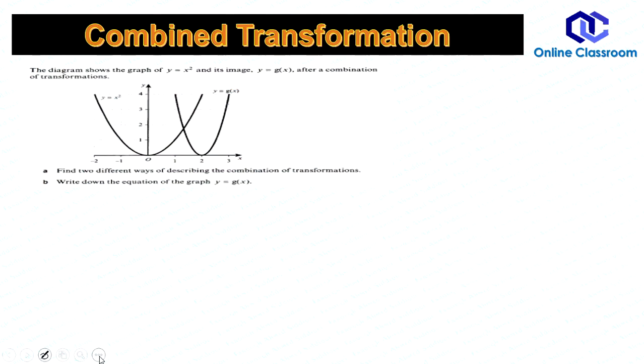Next part. A question from the past paper. A function is given there, x squared, which is the f function, now transformed to g(x). The examiner is asking for 2 ways of showing this transformation. What are the 2 ways? One thing is very clear. There is some stretch, you see this gap of any point, and this gap is changed, you see here. And secondly, a very clear horizontal translation. So you know there's a stretching and a translation horizontally.